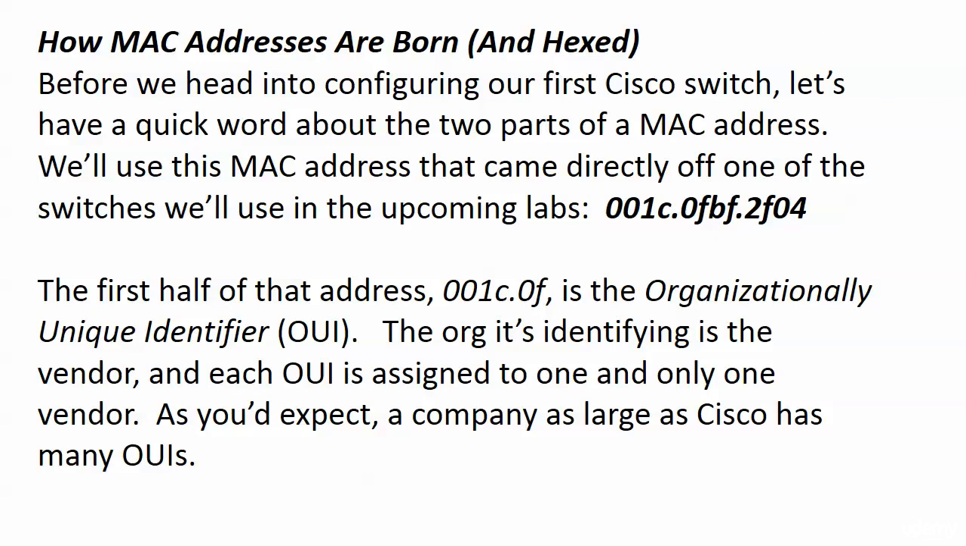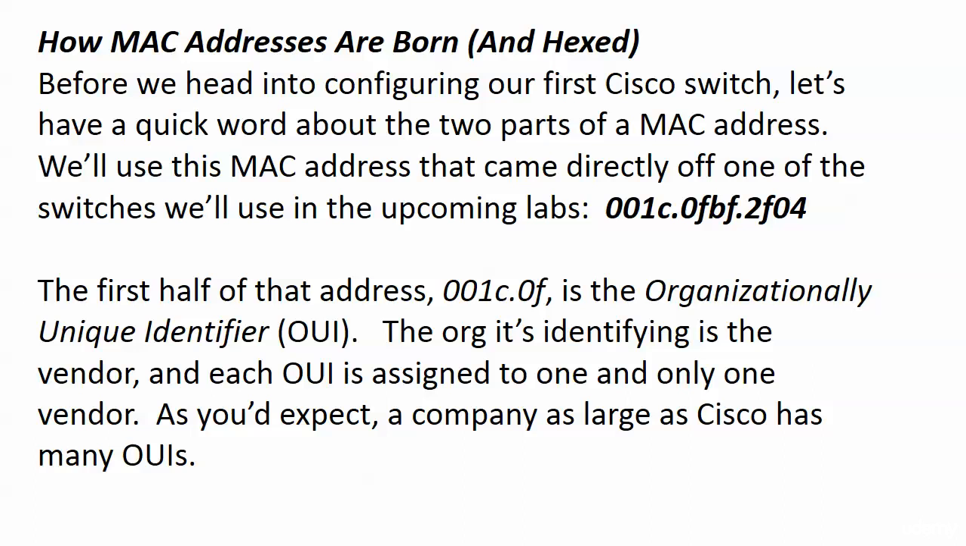Now, we've seen MAC addresses, we've talked about them, but we really haven't examined closely where we're getting this address from. Because it is, pardon this term, a pretty funky looking address. It's got some zeros and some letters in there and a couple of dots. What the heck is this thing? Well, we're going to have a word here about the two parts of a MAC address. And this is a MAC address that came directly off one of the live Cisco switches that we're going to use in our labs. The first half of that address,